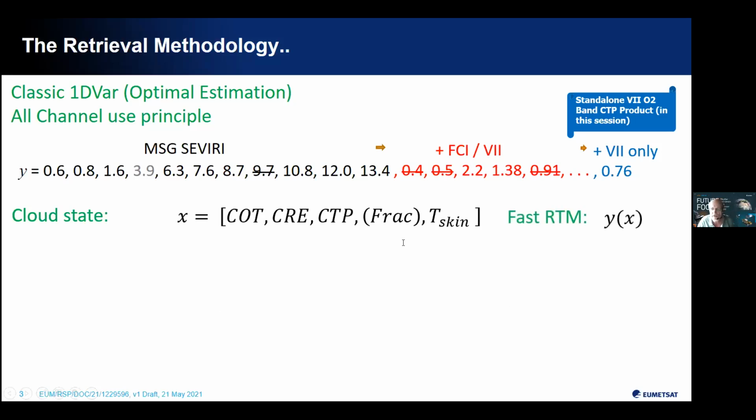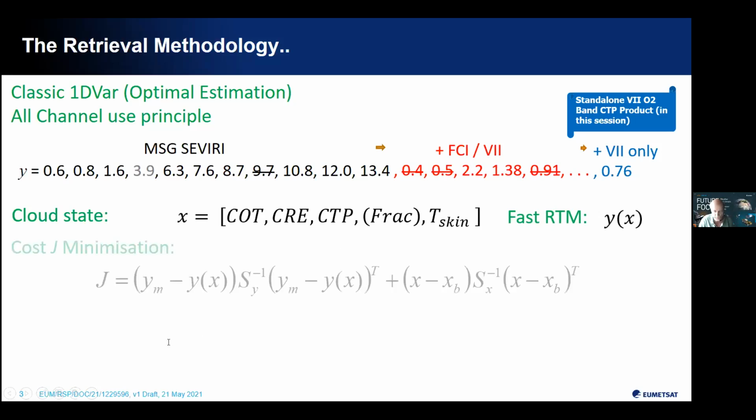Okay, then we need a fast radiative transfer model which connects the measurements to the state. It's called y of x. And that allows us then to minimize this penalty function. So this is the principle of 1D-Var optimal estimation, essentially, in this case, more or less just trying to